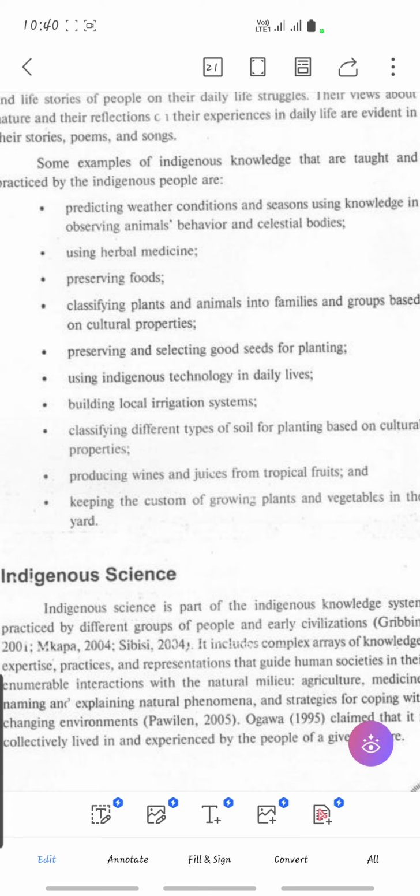So basically our IKS is the traditional knowledge that we have. And that traditional knowledge is not taught by the teacher or by the school itself. It is taught by the culture or the community that you came from. Right? So, this is actually an example of how the community practices indigenous knowledge system. This is basically an example for those people that are part of indigenous people.